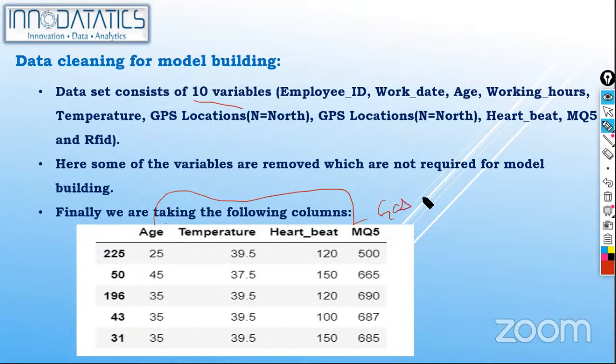MQ5 is your gas sensor. This is your heartbeat sensor, temperature sensor, and age of your worker or resource. And we did not take into consideration the GPS here, or the GPS location, and we did not consider the start date, because the time